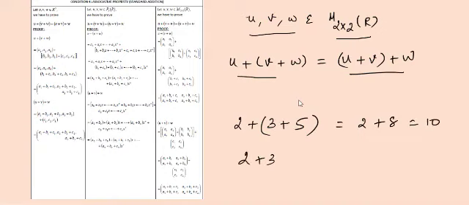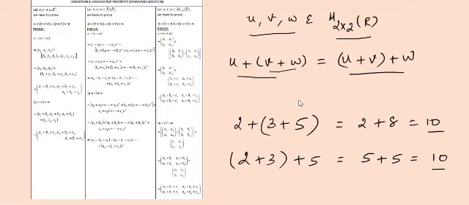If I am adding like this, if I am just changing the brackets, again only the order of operation is different, whereas the resultant will be the same. Again, these additions were the same as what we saw in property 1, that is condition 1. What is the condition? I should check u plus v also belongs to the same domain. So in that case we found the addition of two vectors, right? Here also we are adding only two vectors at a time. I am not adding all the three at a time.